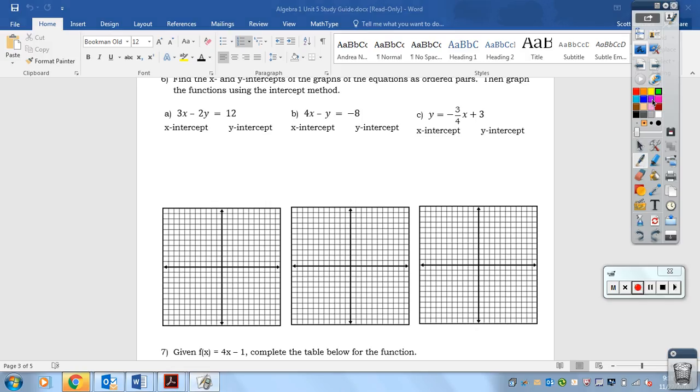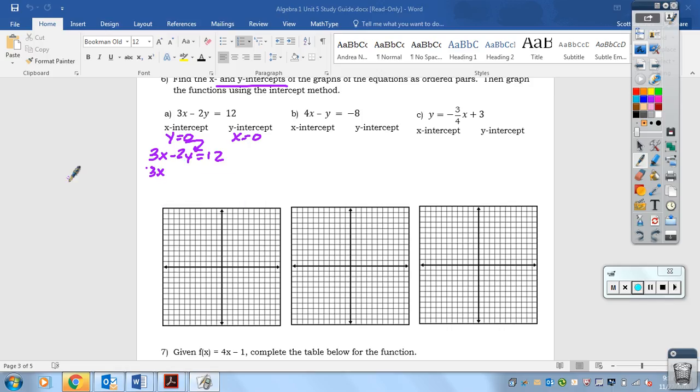Question 6. Question 6 asks us to go over the second way that we learned how to graph lines this unit, which is using the x and y intercepts. The x-intercept means that y equals 0. The y-intercept means that x equals 0. So if I look for the x-intercept, I plug in y is 0 into 3x minus 2y equals 12. If y is 0, I plug in 0,